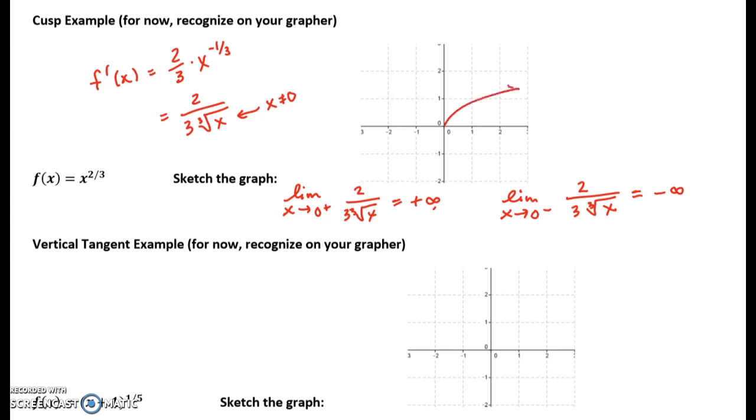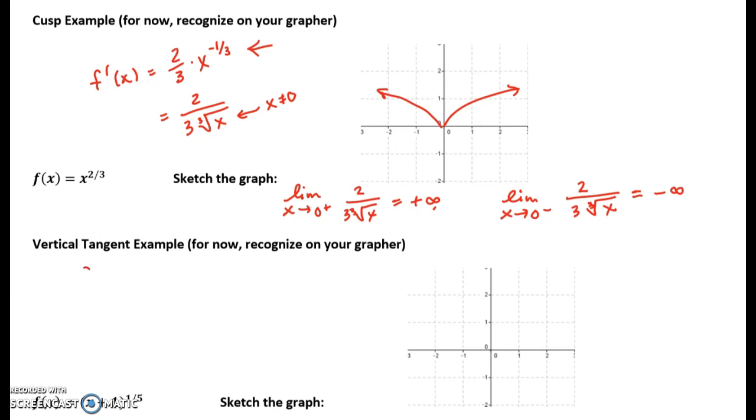For now, you're going to recognize that shape on a graph, but I want you to know that it is totally possible to prove that you have a cusp using calculus. Right now, we just don't know how to find this derivative. Same thing is true for a vertical tangent. Right now, the best you're going to do is you're going to be able to recognize it on your graphing calculator,